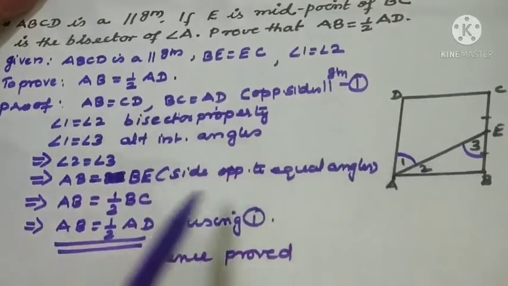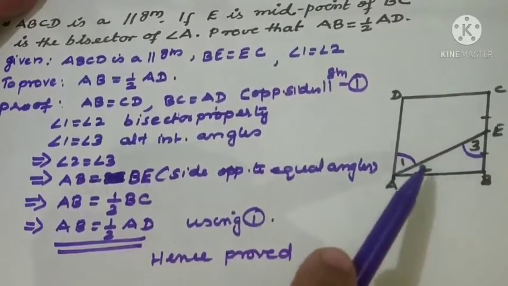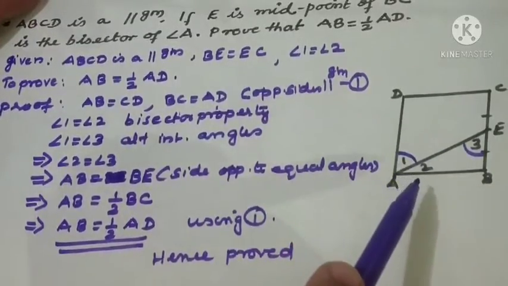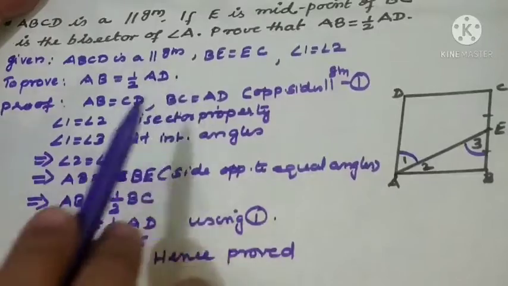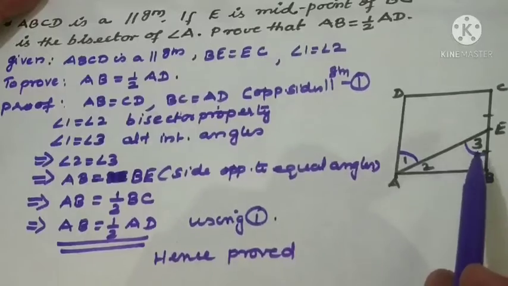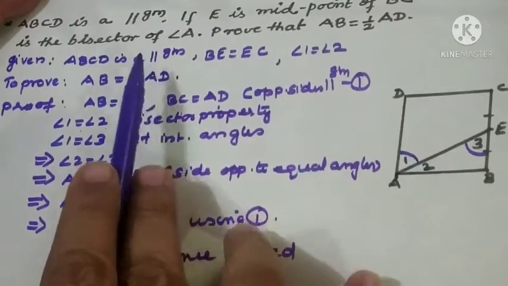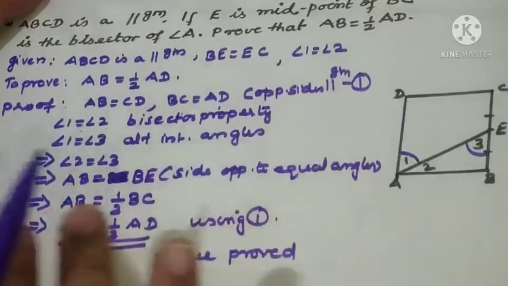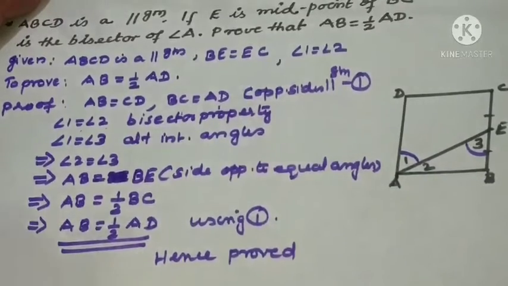So in diagram itself 1, 2, 3 is marked and a diagram is given. So there is no need of repeating the values and all, like that we can go. But in case 1 and 2 is not written here and we are giving the name 1, 2, 3, means the diagram must be copied in the answer sheet and then name it, and here we should write angle 1 is what, angle 2 is what, angle 3 is what. That is our selection only. In case it is marked in the question, there is no problem, directly we can go for angle 1 and 2 like this. Otherwise we should write here and the diagram should be on the right side. In the question paper, if everything is marked and you are not doing any construction, then you can avoid the diagram itself. Otherwise we must keep the diagram.